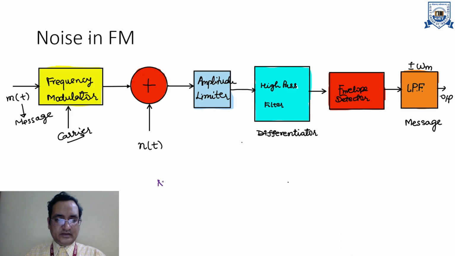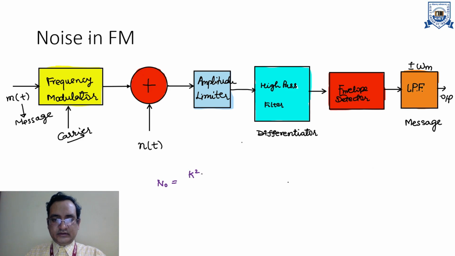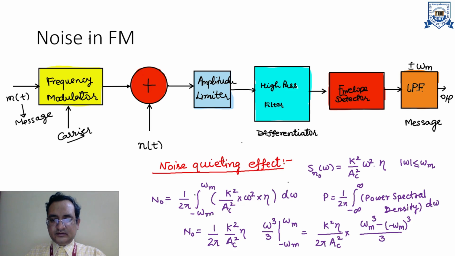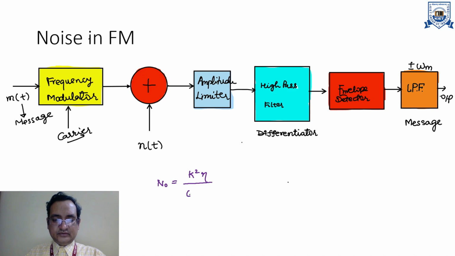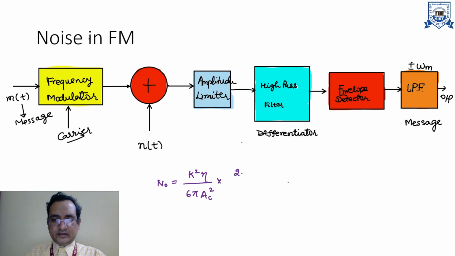So this will be N naught is equal to k square eta divided by 6 pi AC square into twice omega m cube. So that will be equal to k square eta into omega m to the power 3 divided by 3 pi into AC square. Now we know that the carrier